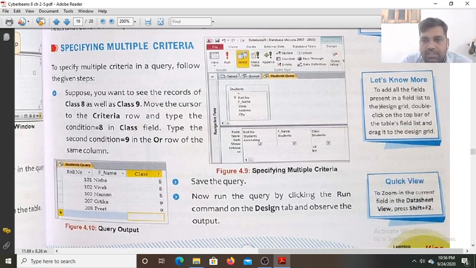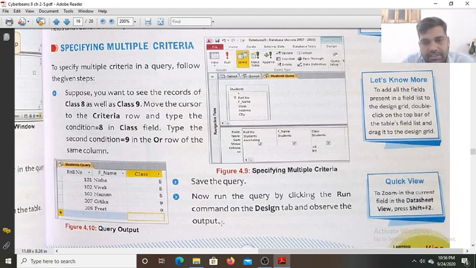To add all the fields present in a field list to the design grid, double click on the top bar of the table's field list and drag it to the design grid. So all the fields present in the field list will be added to the design grid. Now to zoom in the current field in the datasheet view, press Shift plus F2.